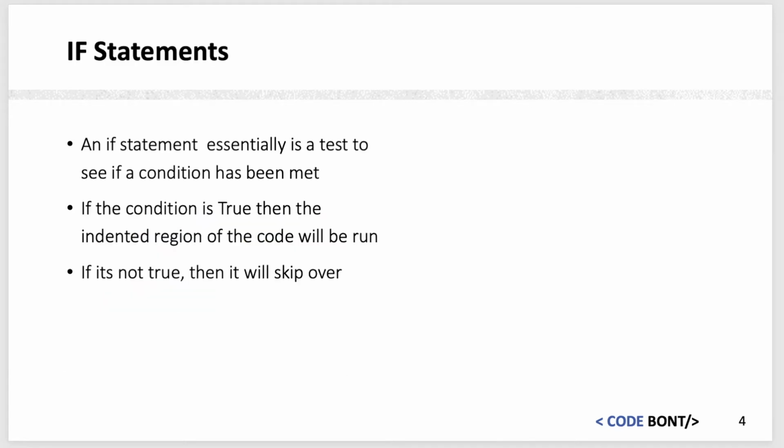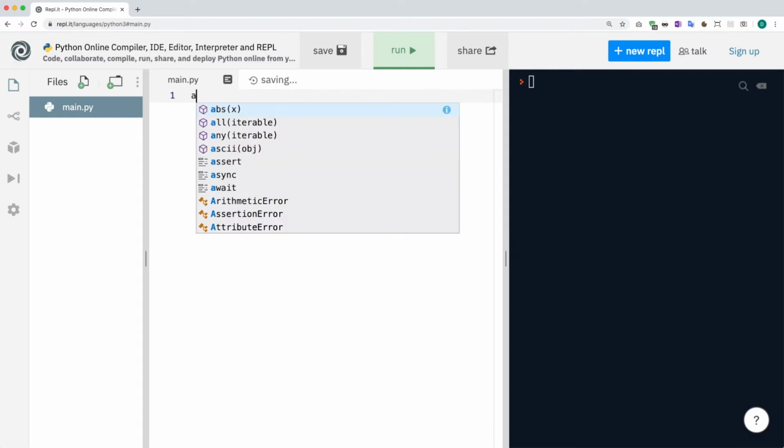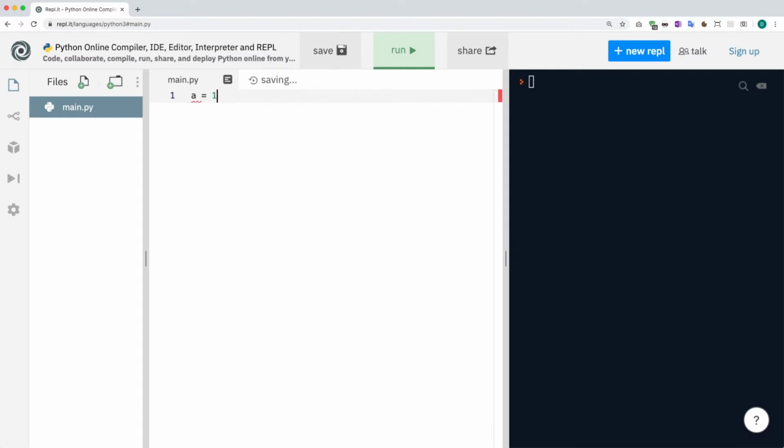Now if statements are essentially to test if a condition has been met, and if it's true, then we're going to run a piece of code. Now I'm going to switch to my editor here, and I'm going to give you a really nice example. So let's say, for example, we have a variable, and I've got a variable here called a equals 10. So at the top of this program, I've set a variable and I've given it a value of 10. I'm going to say if a is equal to 10,